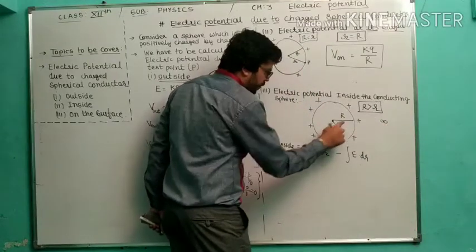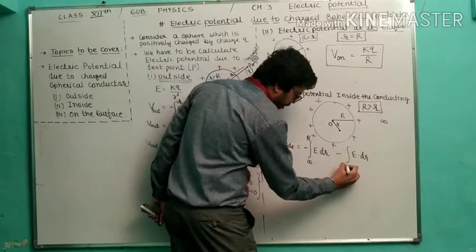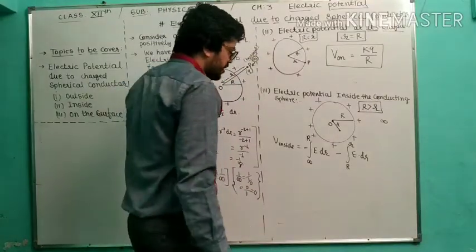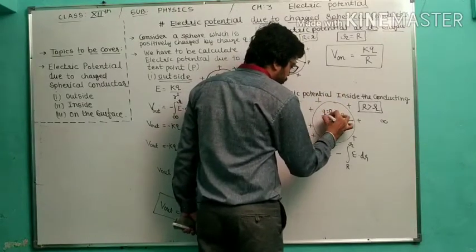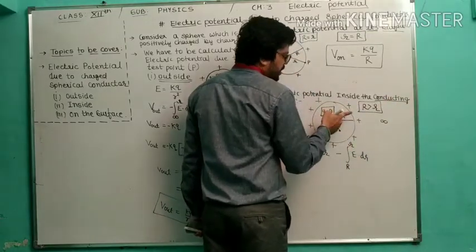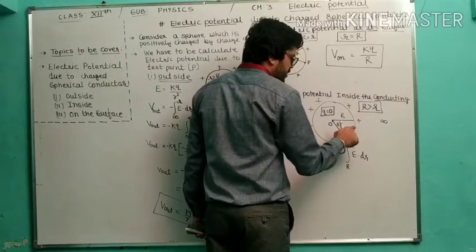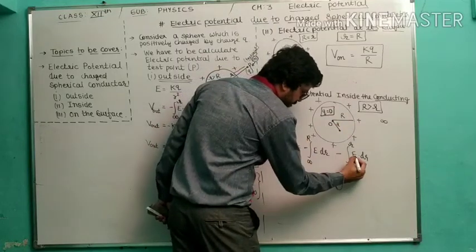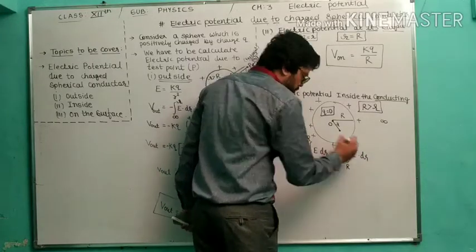From infinity we first approach capital R, and from capital R we bring the charge to small r. So from this we decided the limits; it is very easy. Another important thing is that inside there is no charge. I told you that if the body is conducting, only one surface carries the charge distribution, either outside or inside. In our syllabus it is outside, so inside the charge is 0. So the whole second integral, from R to small r, is equal to 0.